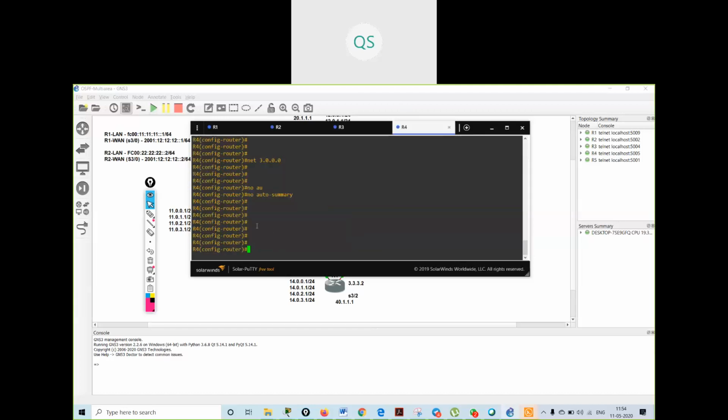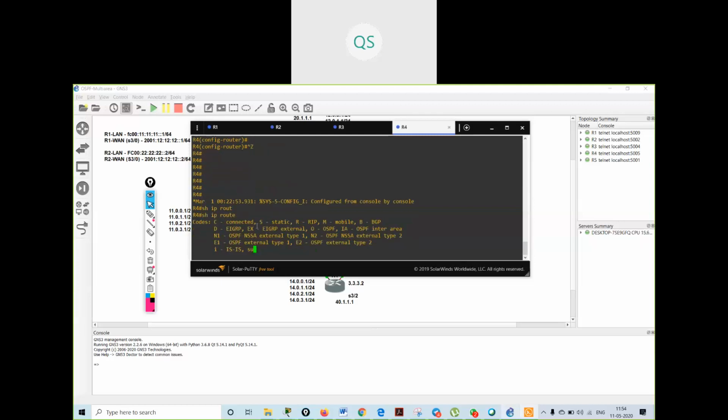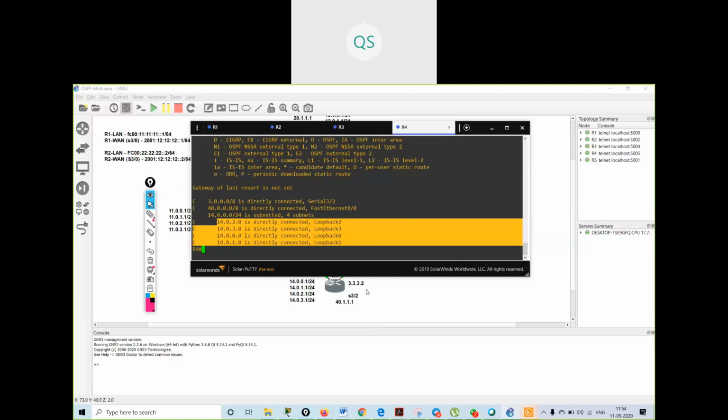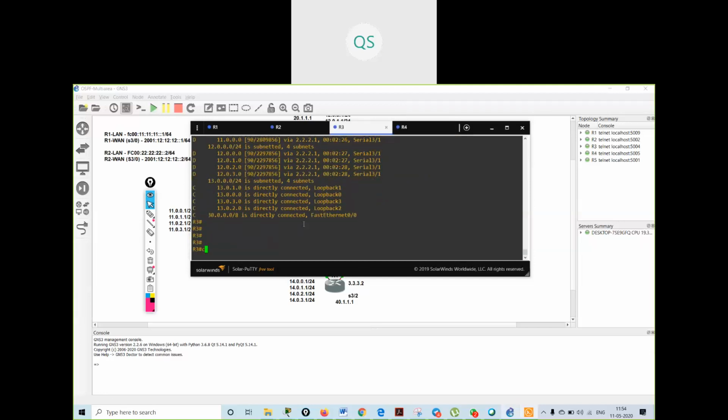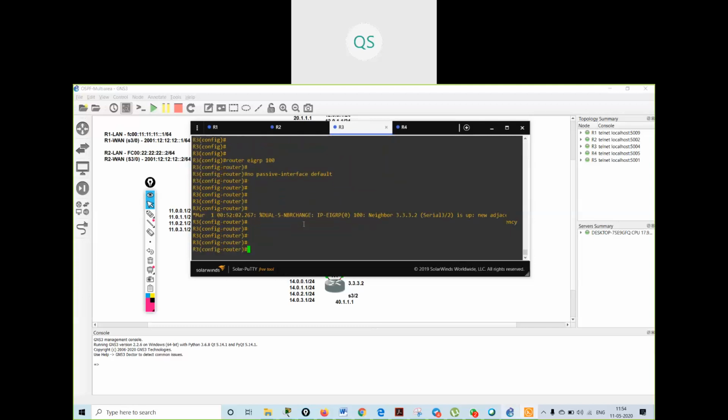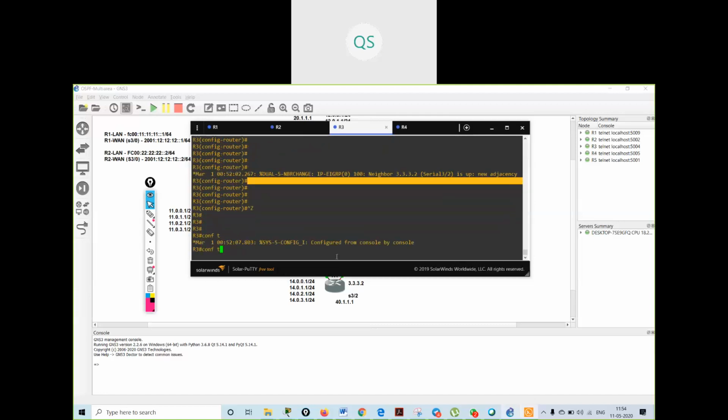Got it? Now if I remove that command and verify, router EIGRP 100, I will say no. See, my neighborship came up with my other router.